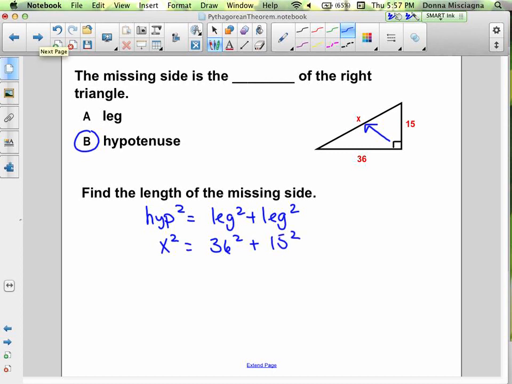Well, 15 squared I know off the top of my head, but not 36 squared so much. So I am grabbing a calculator, and fortunately there is one within my reach. And so 36 squared is going to be 1,296. And 15 squared is 225. We'll add those two together, and that'll give us